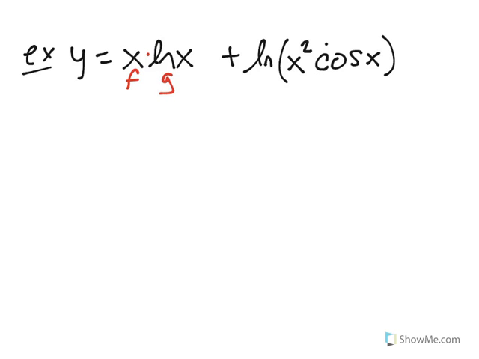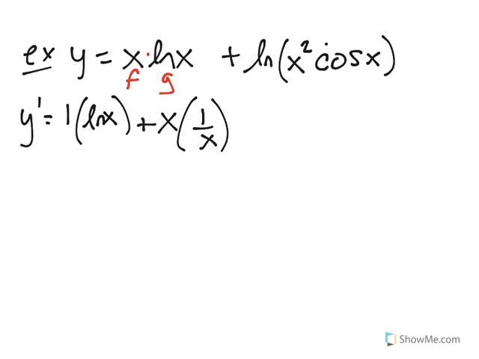So the derivative of f is 1 times g, not derivative of g. So derivative of the first times the second plus the first times the derivative of the second. Again, if you look back, the derivative of natural log of x is just 1 over x. Plus, now here's the thing, I could do this derivative and I'd have to do product rule on the inside. If I don't feel like doing that, I can write this as natural log of x squared plus natural log